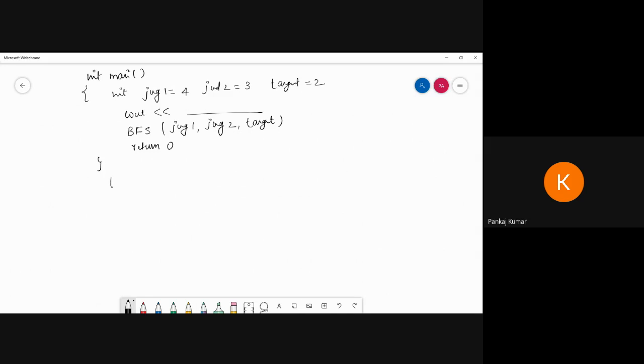Then you can define a typedef. So here you can define a typedef like a pair. Why am I writing a pair? Because we have to maintain a pair also. So with the pair we can store the value of path. So I can define an integer int, and then put the pair as pii, the variable name.